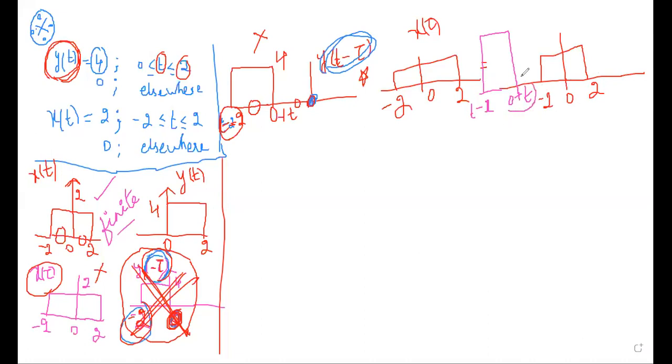Because 0 plus t is greater than this 0, and t minus 2 is also greater than this minus 2. Okay. Since it is at the negative side, my t can be minus 3. If it is minus 3, minus 2 is minus 5. So obviously my y of t minus tau diagram will be drawn after my x of t, that means towards the left hand side. Do you have any doubts here? I have drawn the diagram without any overlapping. I have proved why it is like this. Any doubts in this?